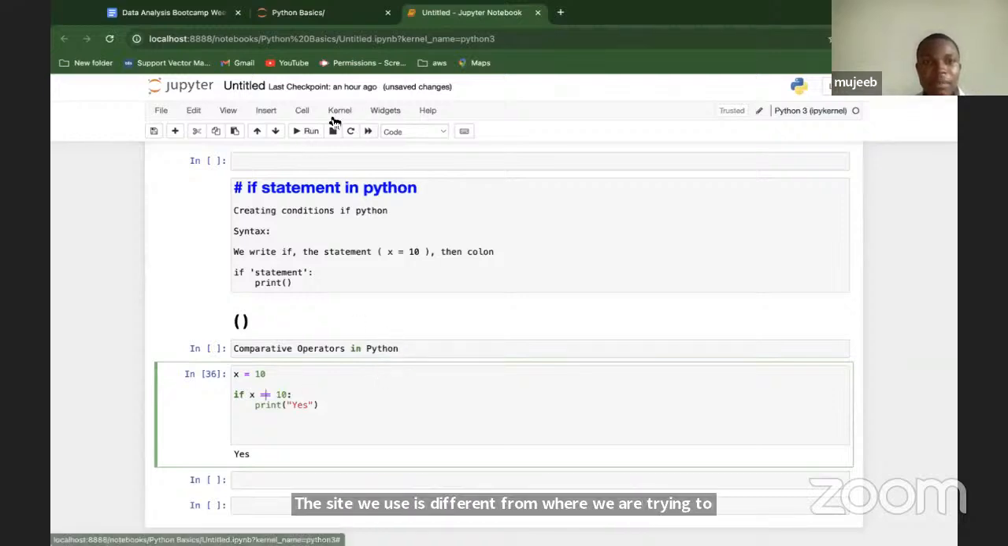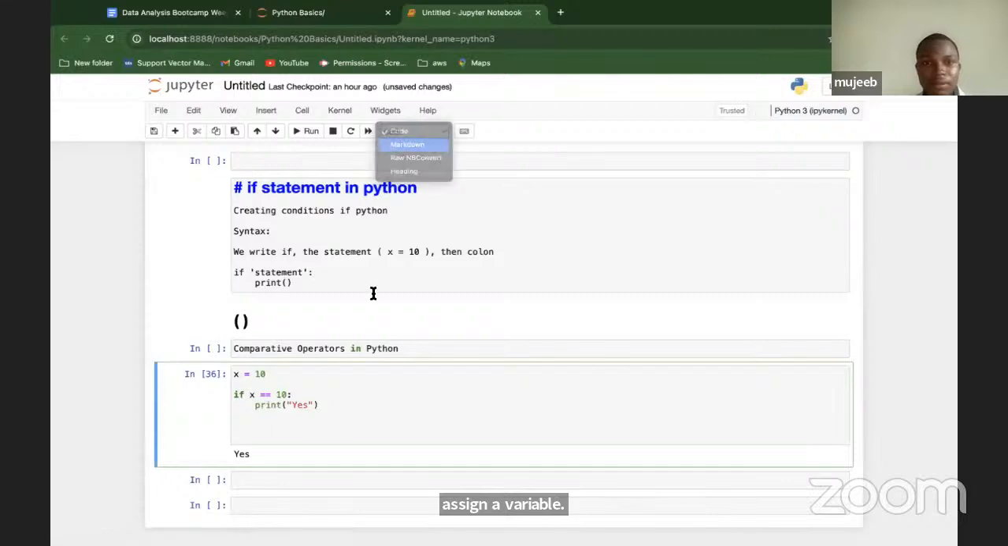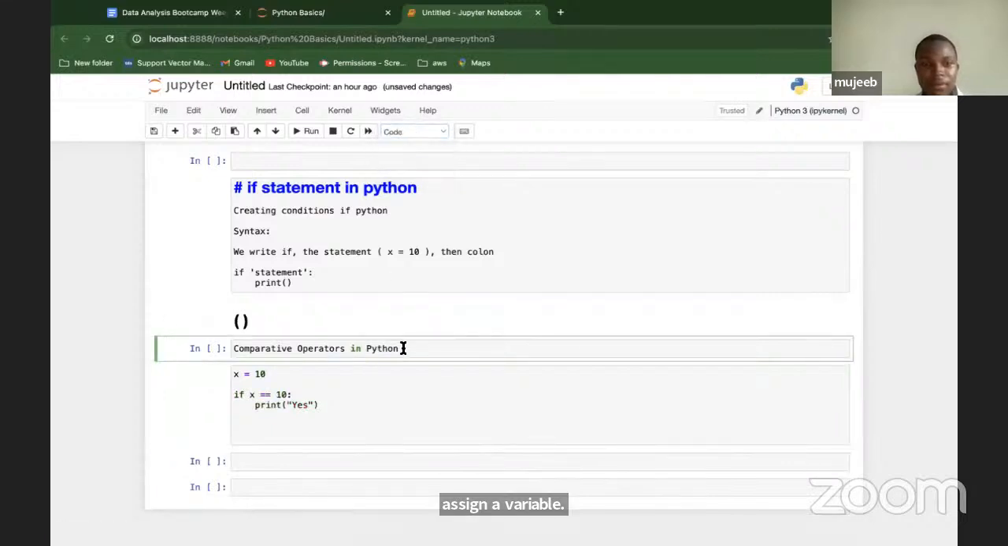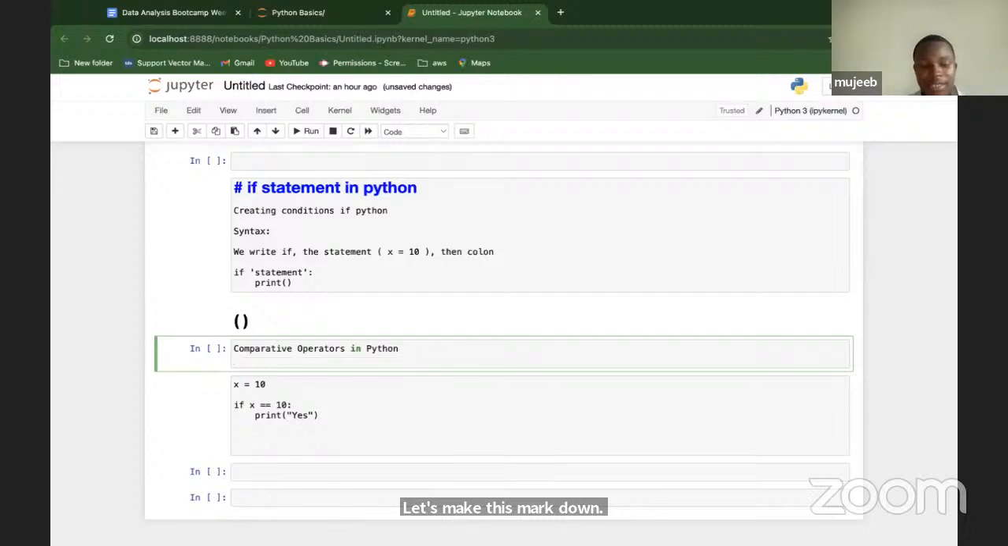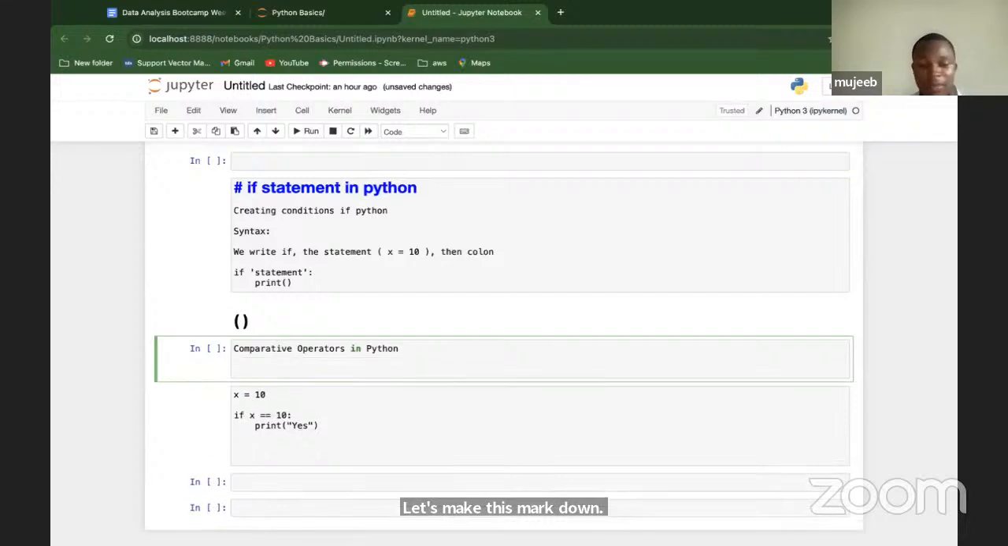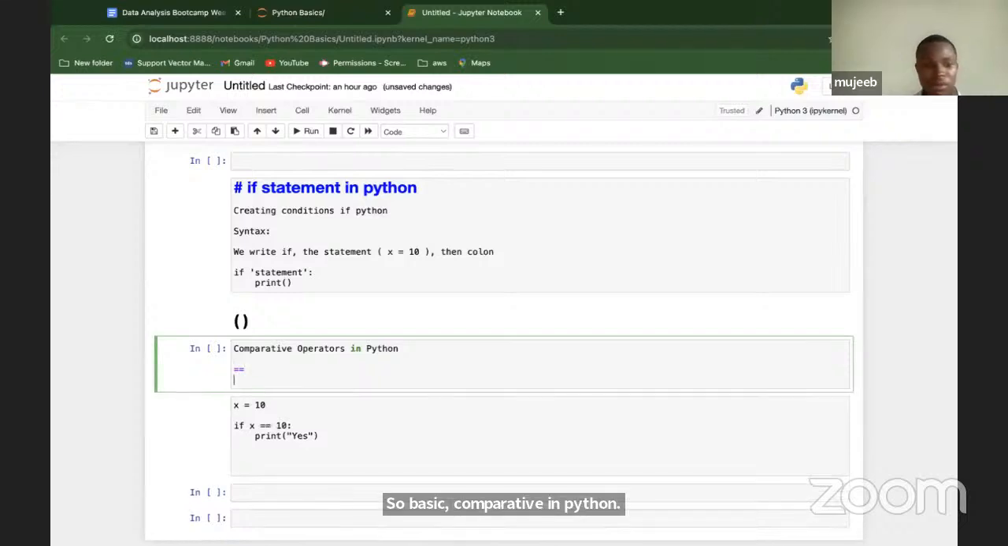So let's make this a markdown. So basic comparative operators in Python, we have double equals to, we have not equals to,